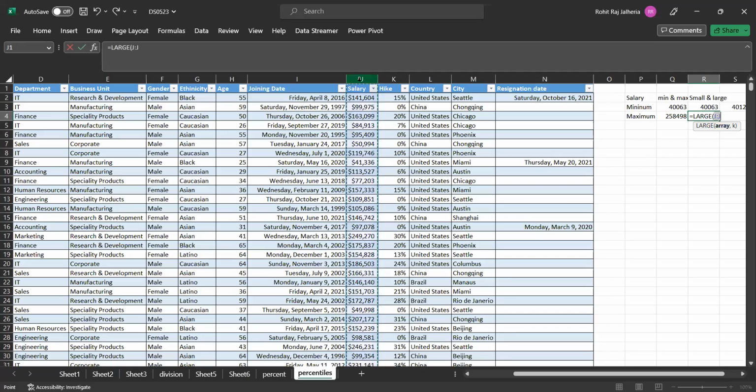So I'm working on the salary column since I'm exploring only the salary column here. I'll pass my salary column as the array of data. Next, I have to pass the value of k. Now let's say I want to find the first largest salary. I'll simply use the value of k as 1. With the large function, this is going to return me the first largest salary, or this is equivalently equal to